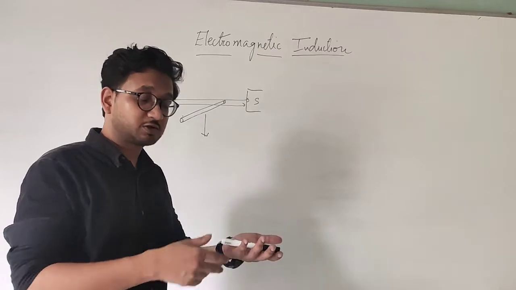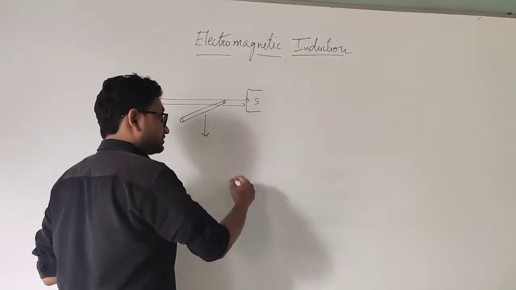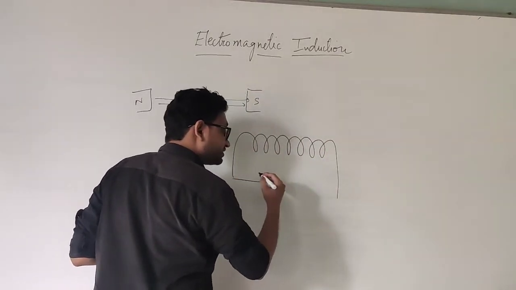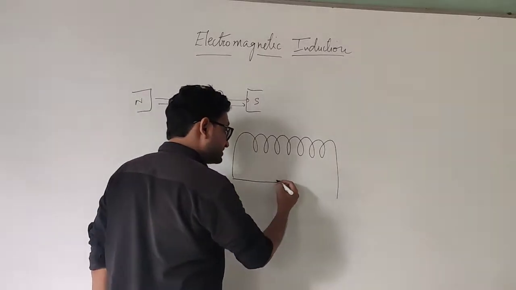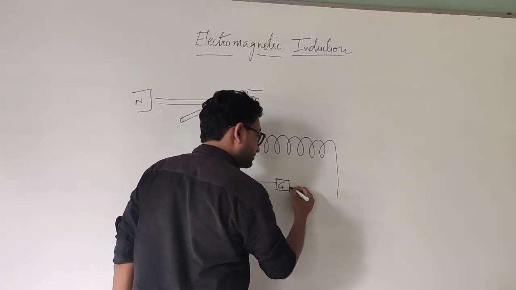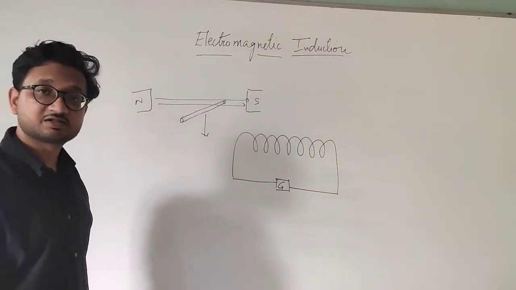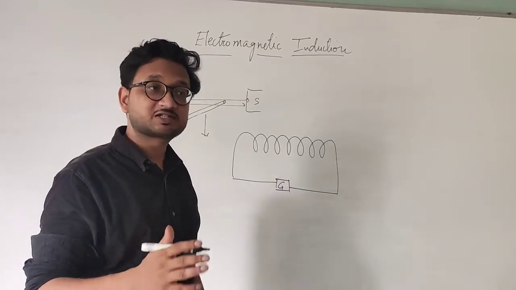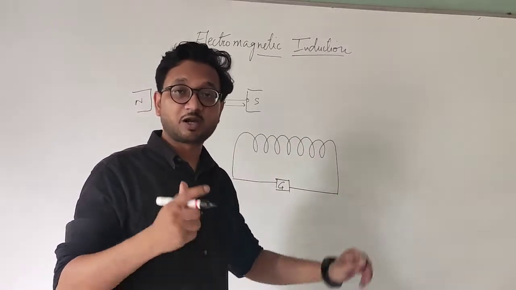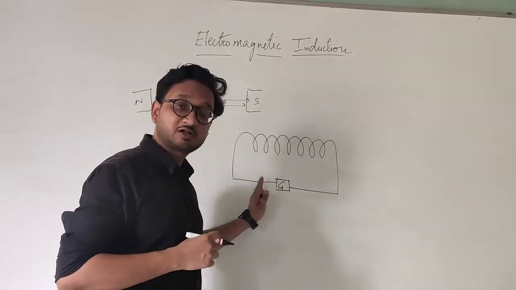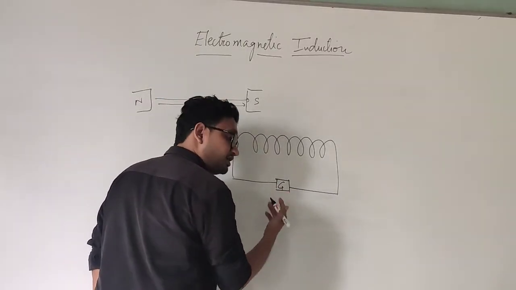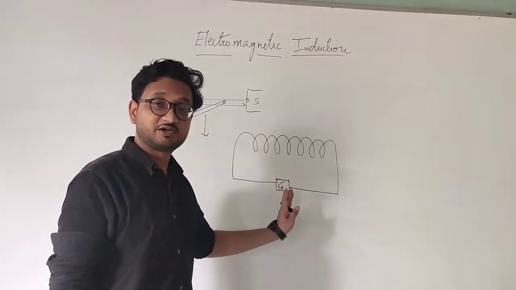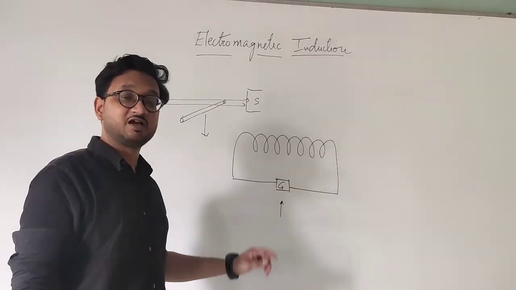So what he did was, he took a coil, an electromagnetic coil like this that we studied, but he did not provide current. Instead, he placed a galvanometer. A galvanometer is a device which detects potential difference. We have a voltmeter for that, but a voltmeter shows the potential difference in one particular direction. We are talking about a galvanometer which has a needle in the center which can move on either side. If the potential difference is on that side, it will show that direction, and if the potential difference is on this side, it will move in this direction.